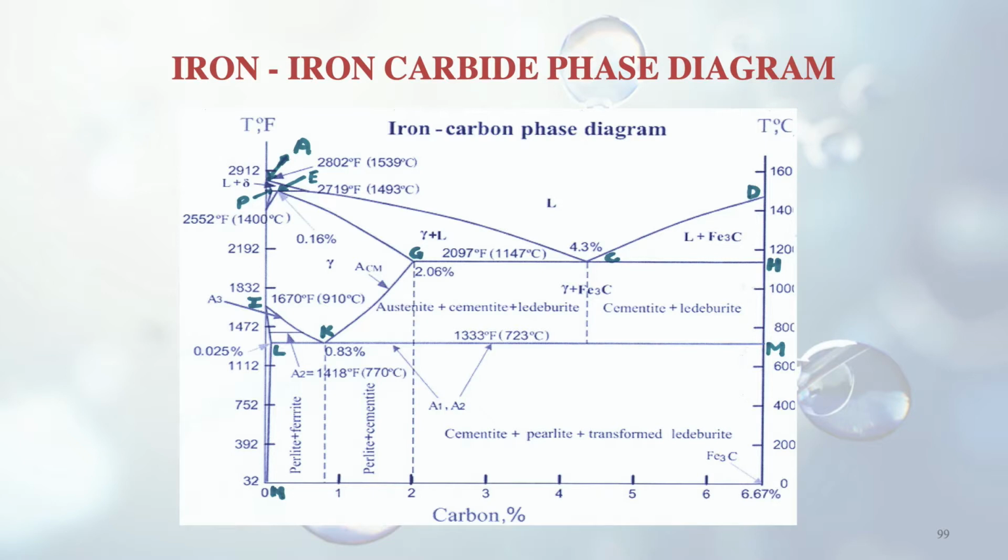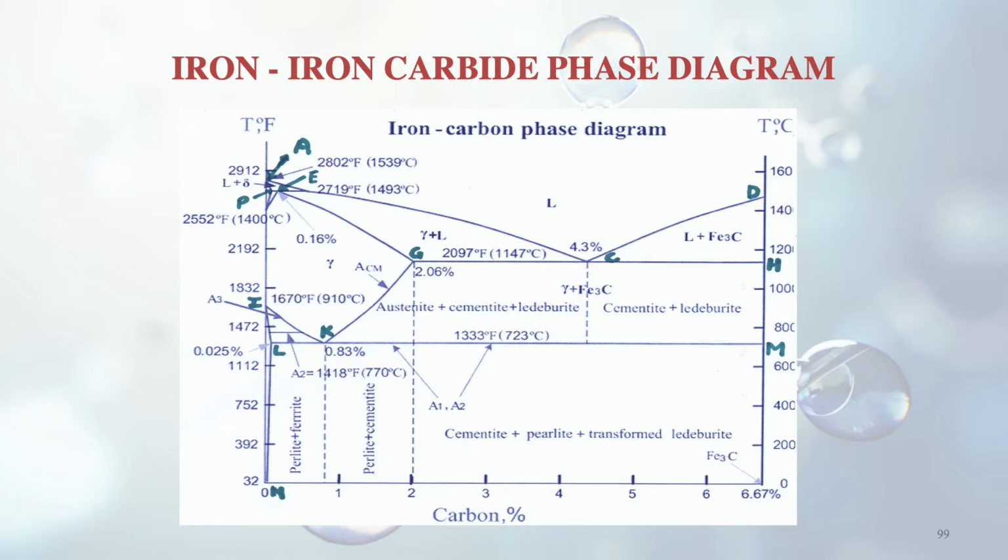From there, if we start the cooling, it will go down to around 1400 degrees centigrade, and further upon cooling it will come down to the line which is known as the IK. So it will come to the point I, and further it will move along the line IK and come to the point K, where the austenite transforms into pearlite, that is, the mixture of ferrite and cementite. And this point K is also known as the eutectoid point, which contains around 0.83% carbon. So this is one case of how cooling takes place.